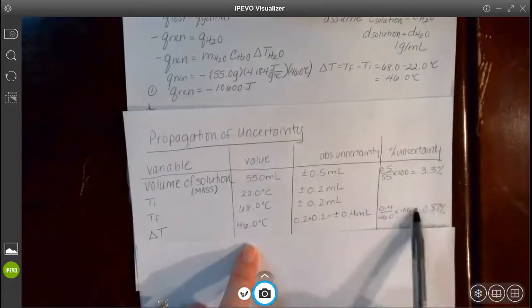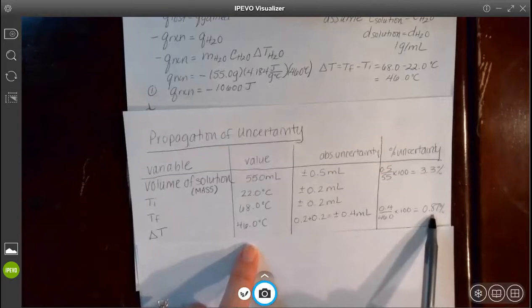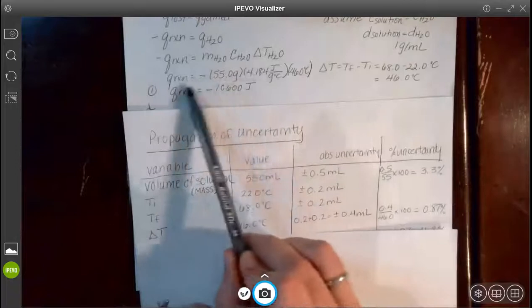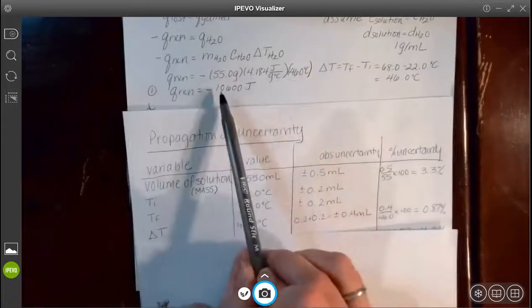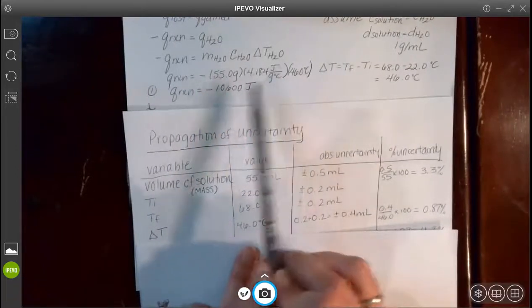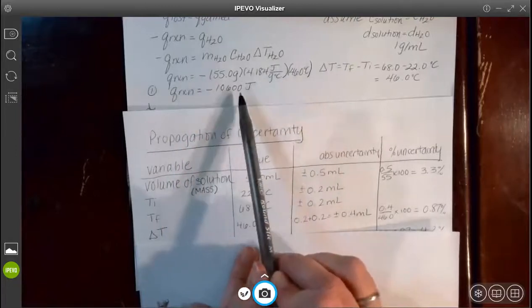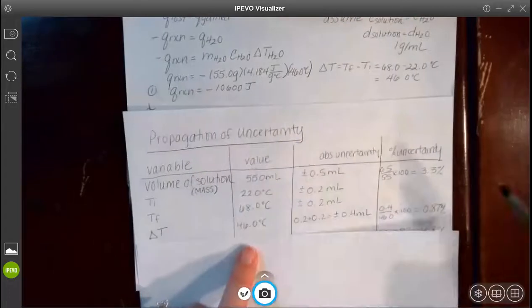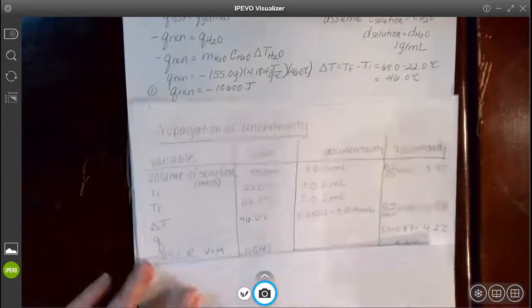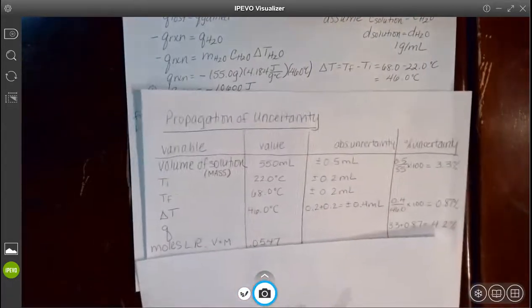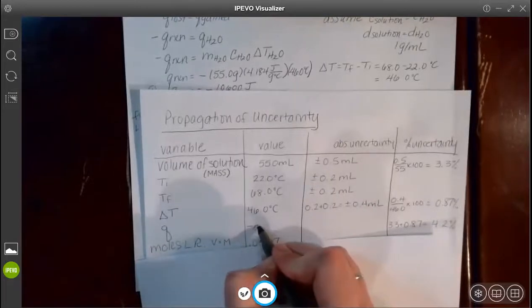I'm giving myself just one extra sig fig in each of these as I work my way through the problem. So that gets me all the way through these numbers, and then I multiply those numbers together to get Q. And when I multiply numbers, I add the percent uncertainties. So when I calculated Q, which was, oops, I didn't fill in the value here, negative 10,000